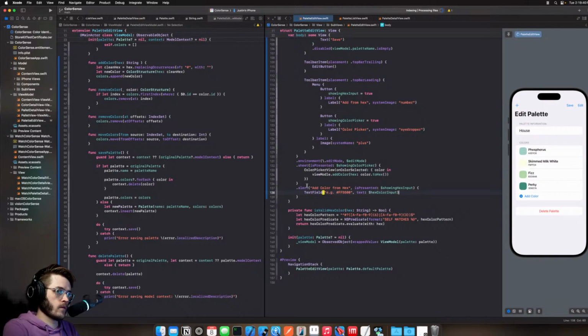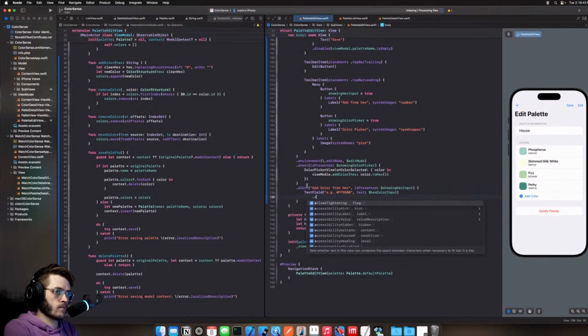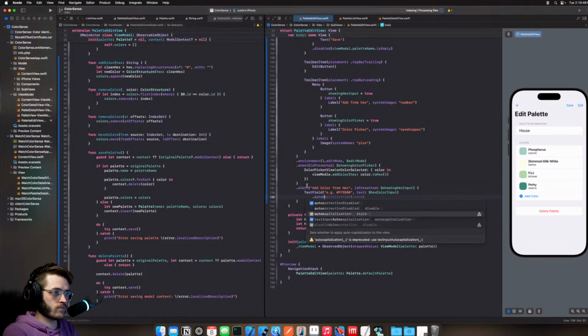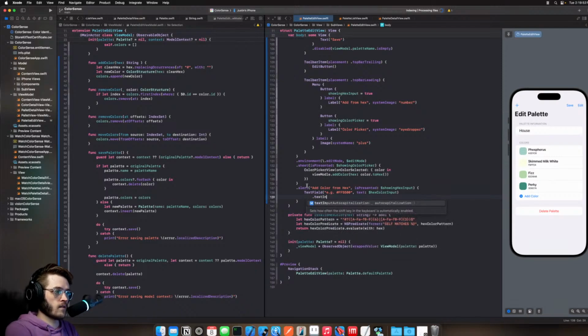Hex color input. The auto capitalization. Is it deprecated? Text input auto capitalization